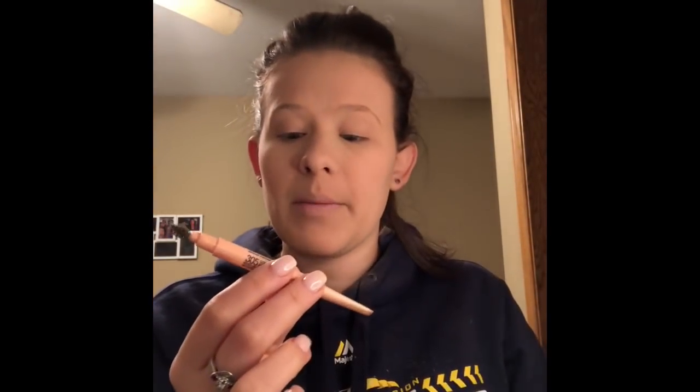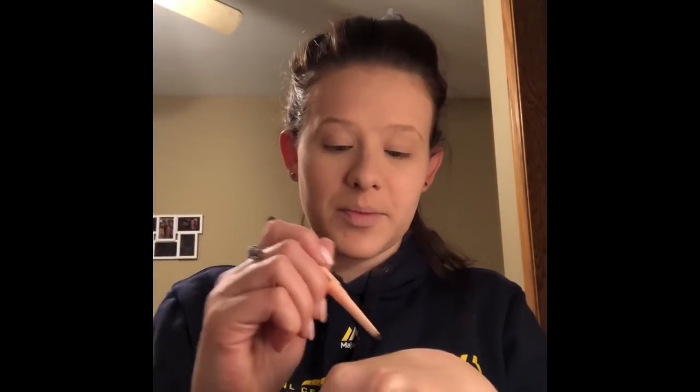So what I do is I use the Maybelline Total Temptations Brow Definer, and I use the shade 305 Soft Brown. And just to get the product warmed up a little bit, I twist it out and I draw a little bit onto the back of my hand just to warm it up. That way it glides on easier. Now this takes a lot of concentration for me. So what I do